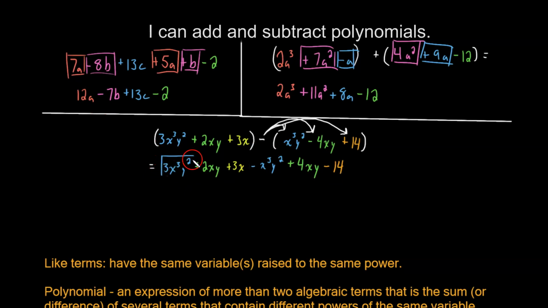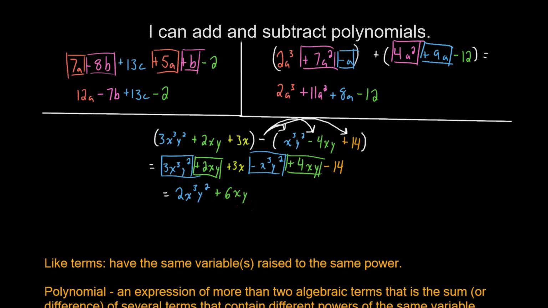So we have 3x cubed y squared over here. Well, what can we combine with that? We've got negative x cubed y squared. These both have an x cubed and a y squared, so we can combine these because they are like terms. Well, we go 3 minus, again, this is like there's a 1 right there, but we just don't write it. So 3 minus 1 would give us 2x cubed y squared. We have plus 2xy over here. And we have plus 4xy over here. So these are like terms. They both have an x and a y, both to the power of 1. So 2 plus 4, that gives us 6. So we have plus